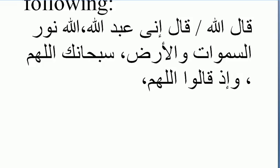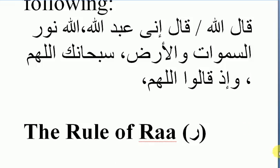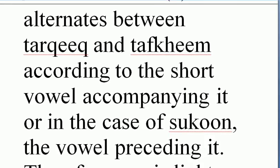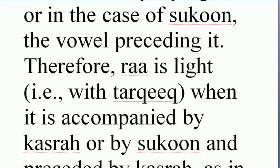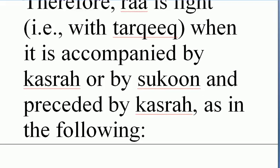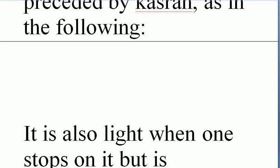The rule of Ra. The letter Ra alternates between tarqiq and tafkhim according to the short vowel accompanying it, or in the case of sukun, the vowel preceding it. Therefore, Ra is light, that is with tarqiq, when it is accompanied by kasra or by sukun and preceded by kasra, as in the following. فرح